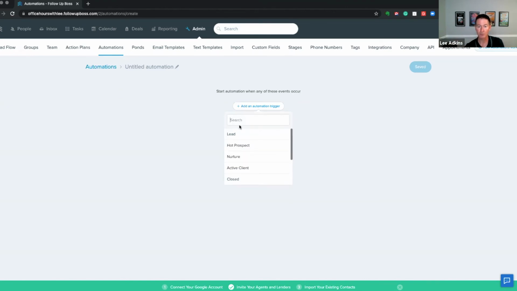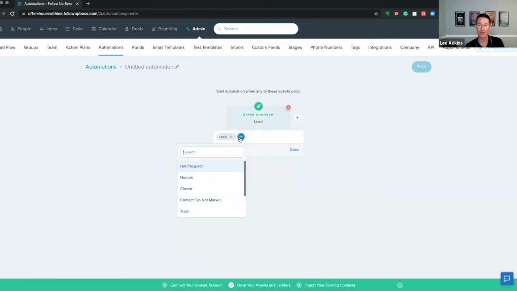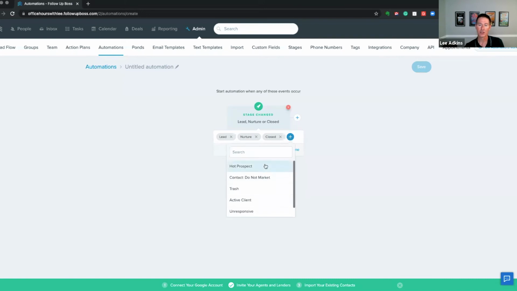You just click one, you select the stage or stages that you want to use. You can have multiples here. And similar to what we just looked at in the tags, they start to come out of the list as you add them. So it's also a really good feature to say, okay, we want all of these stages to trigger a certain item to happen.